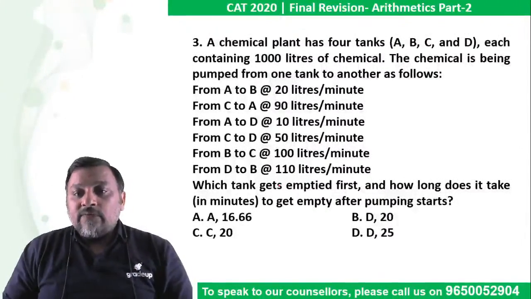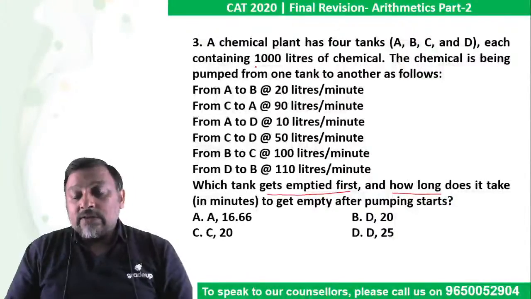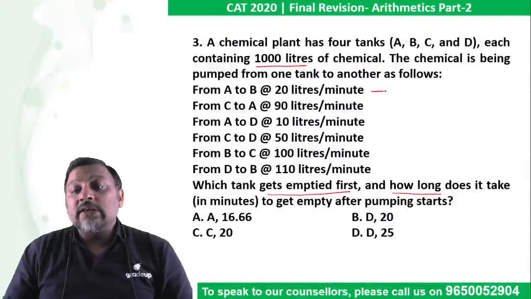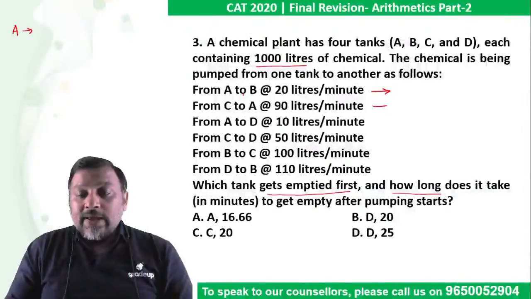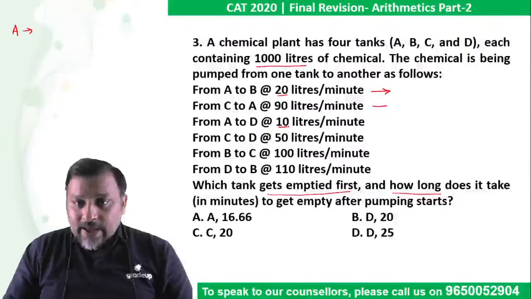See, we need to find which tank gets emptied first and how long it takes. It is given that the capacity of each tank is the same, that is 1000 liters. So you just need to focus on the net inflow or the net outflow. If I look at tank A, A is supplying to B, so this is the outflow for A, and A is supplying to D. So the net outflow is 30, and